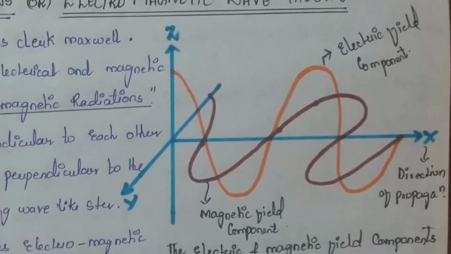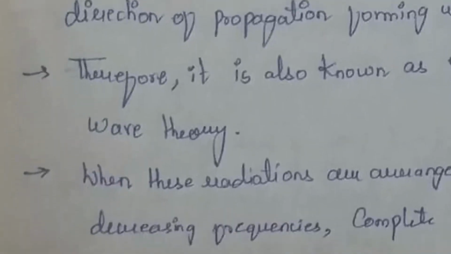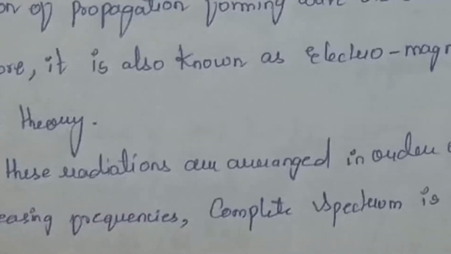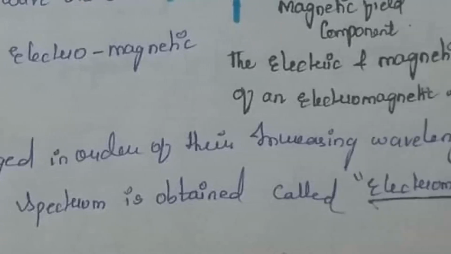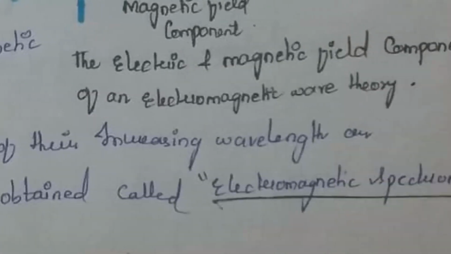Meaning, first both the electrical and magnetic field radiations are perpendicular to each other, then they both combinedly undergo oscillation perpendicular to the direction of propagation, forming waves. Therefore, this is also known as electromagnetic wave theory. When these radiations are arranged according to increased wavelength or decreased frequency, a complete spectrum is obtained, and that spectrum is